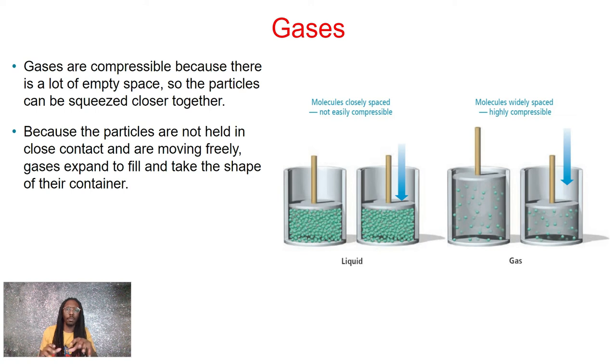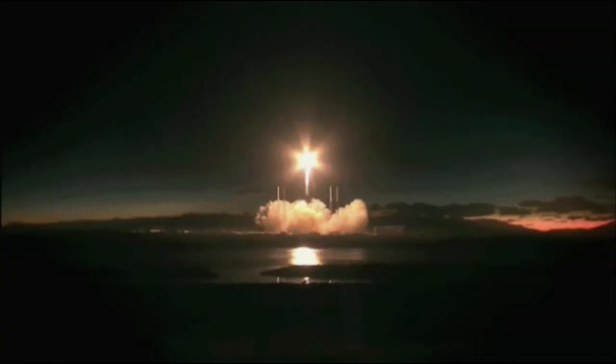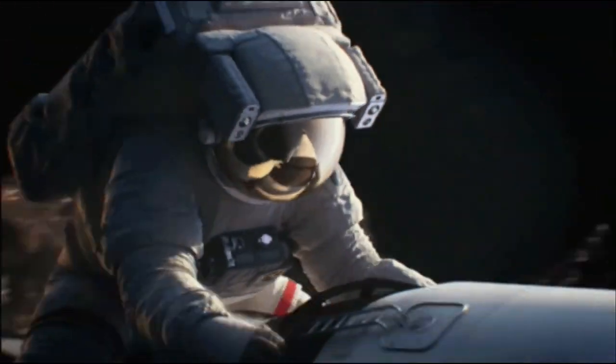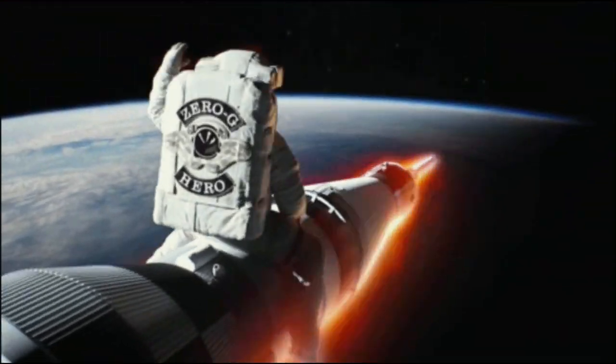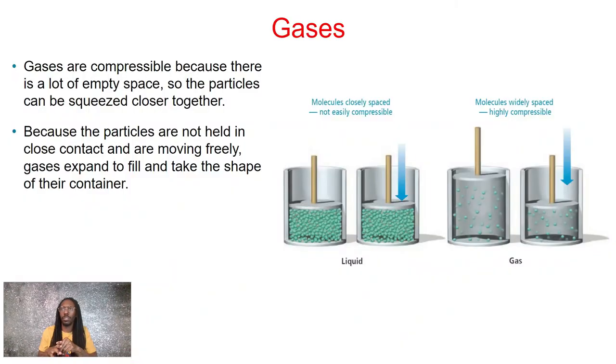When I say states of matter, we're just talking about the basic ones. We're not talking about the extra stuff, plasma and all that. We're not going into space here. We're just talking about what we see on Earth: gases, liquids, and solids. That's all we're going to be covering here, guys. I just had to put that out there. There is another state of matter, but we're only covering gases, liquids, and solids. Just three.